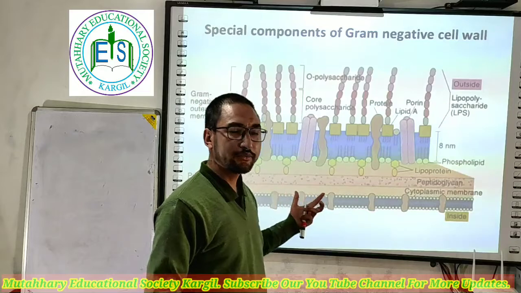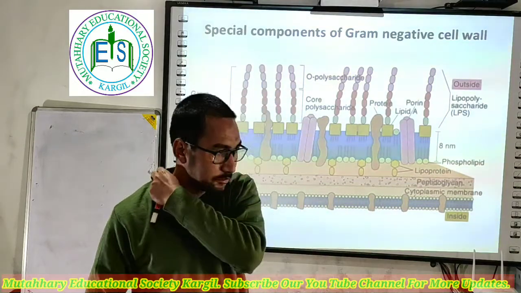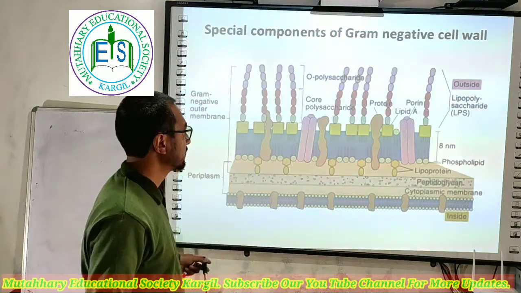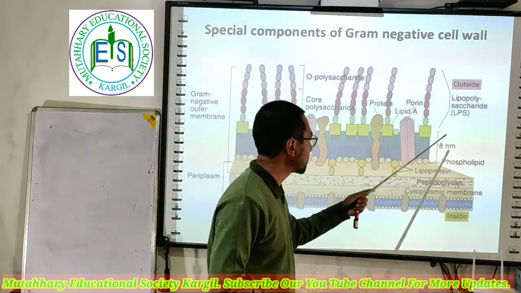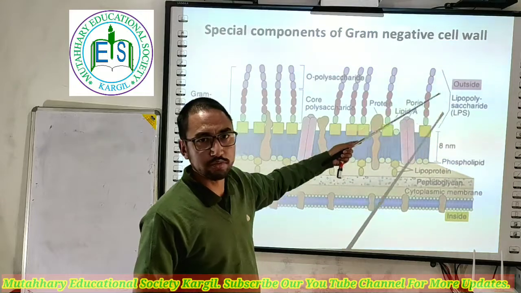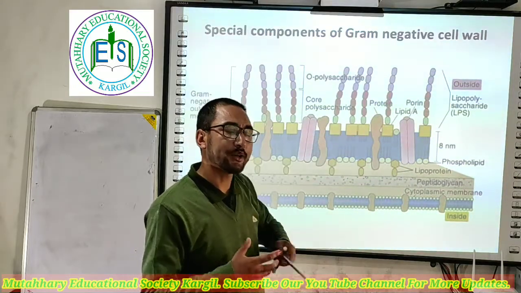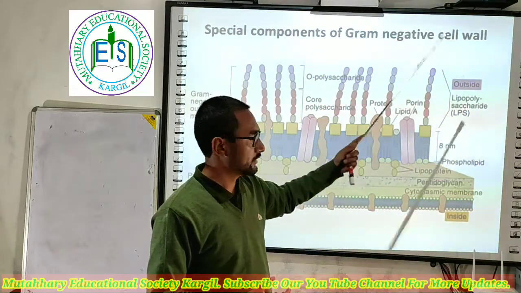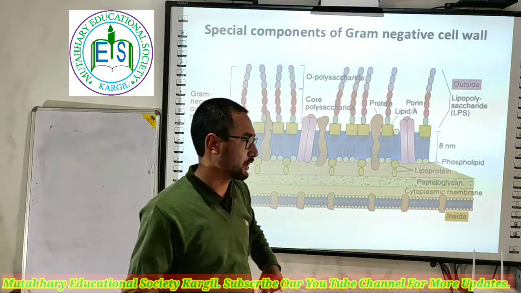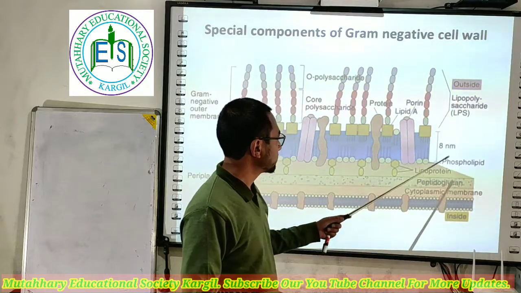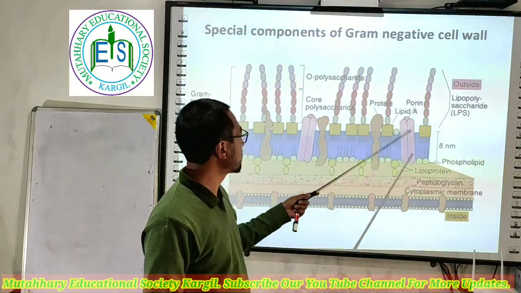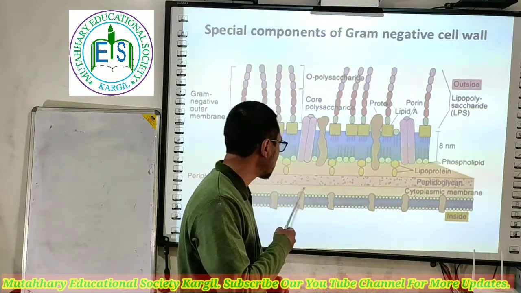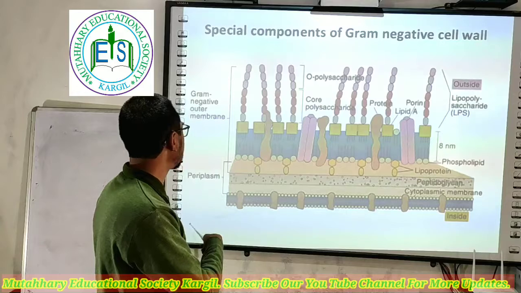This is again a magnified diagram of how the gram-negative bacterial cell wall looks. This is your lipopolysaccharide. It plays a very important role, and when you combine it with the study of immune response, it acts as a large source of antigens. So this is your outer layer of phospholipid, this is your peptidoglycan layer, and this is your lipid bilayer.